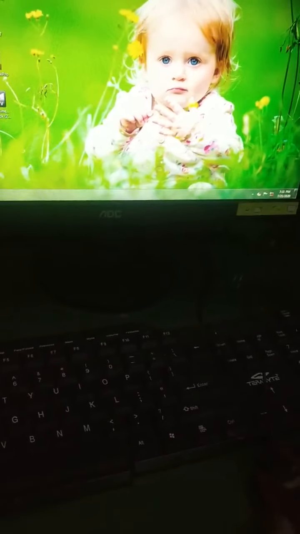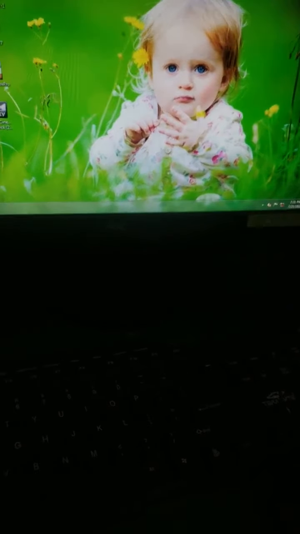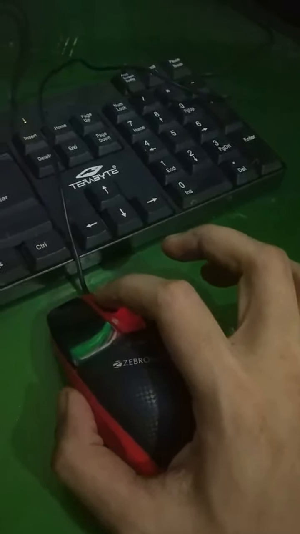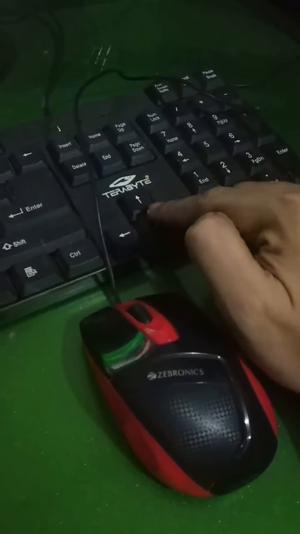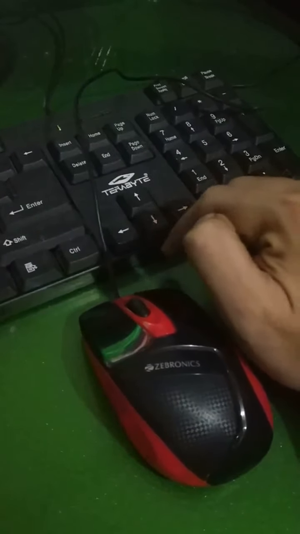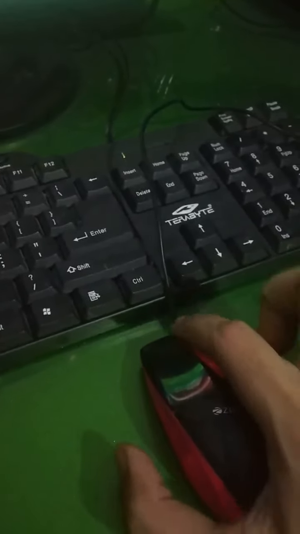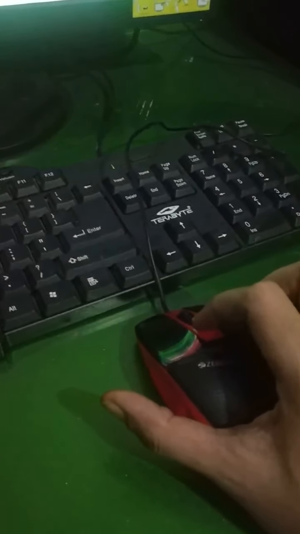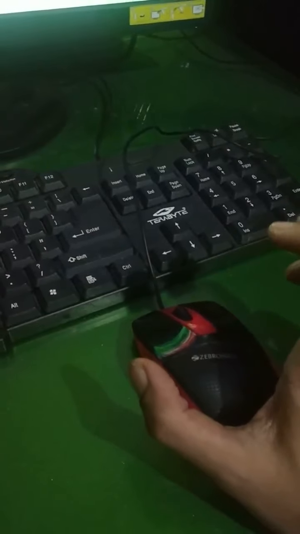Next, what is the scroll key? Scroll key means, look here, this is the scroll key. As I already said, the arrow key in your computer is used to move upward, backward, left side or right side. Like that, we are using this scroll key to move upward or downward on the computer system or on the file we have opened. For example,